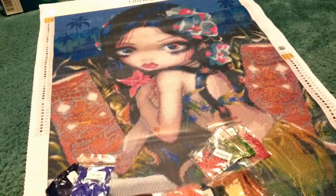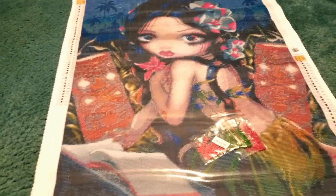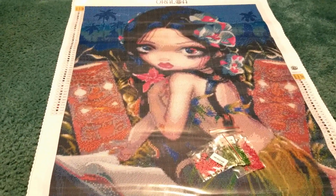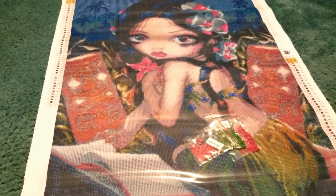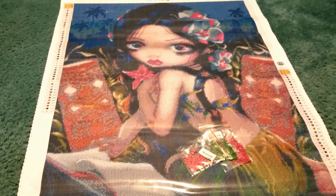So, yeah, I think overall it's going to have a really cool illuminated effect. But because this is the size it is and it's square, and I usually have to concentrate much more when I'm doing squares, it'll probably be a minute before I get this one done, because I have plotted out a bunch of my canvases recently, and I've got them sort of semi-scheduled, and this one's not even on the schedule for a little bit. So yeah, I thought I would unbox it anyway though, and show you a close-up for anybody that was curious,